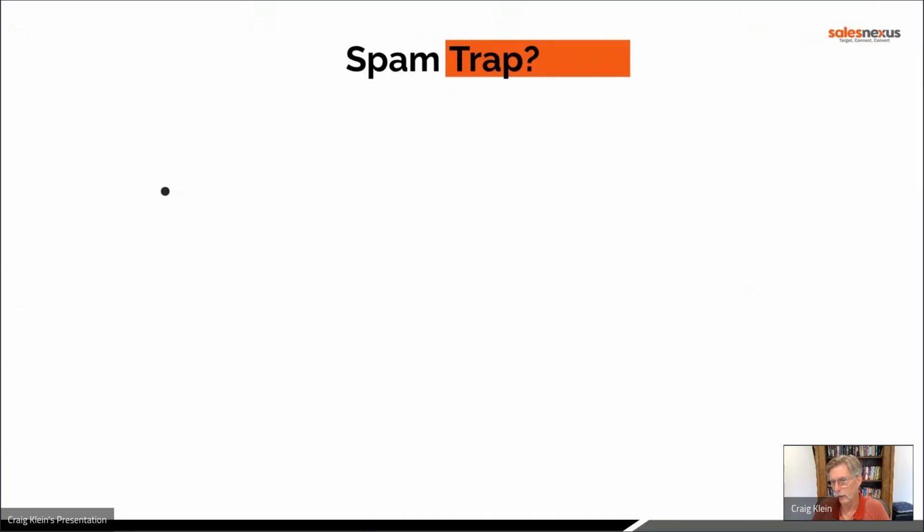The purpose is to allow email receivers, Outlook, Gmail, Yahoo, but also just big corporate mail servers, to identify spam, right? And there's several techniques that they'll use, but